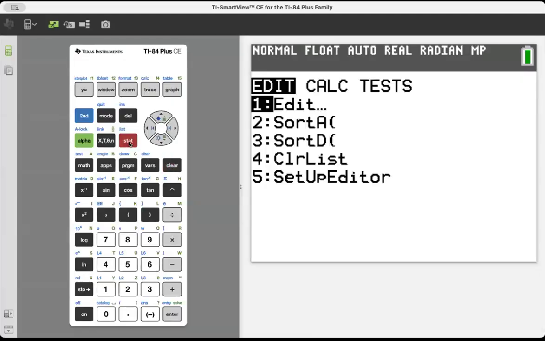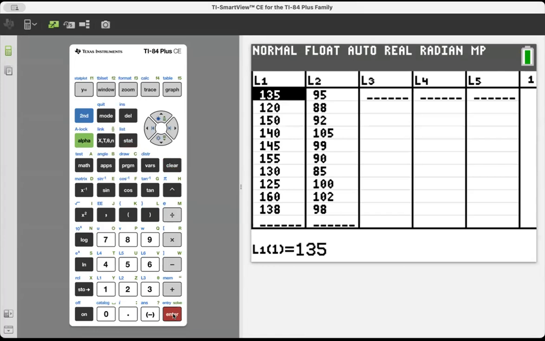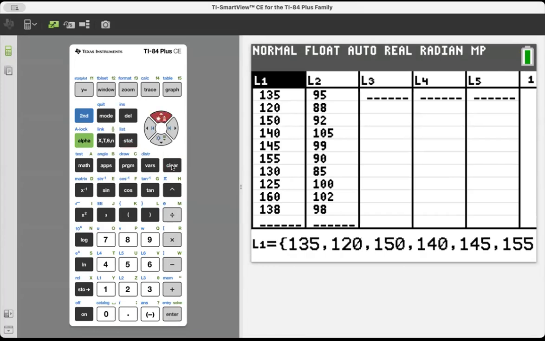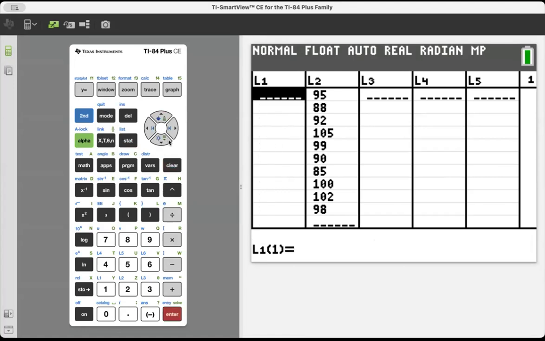Okay, let me go to Stat, Edit, and I have data in here from a previous lecture. I'm going to clear it out and clear out L2 as well. And let's put in, there are 16 patients,